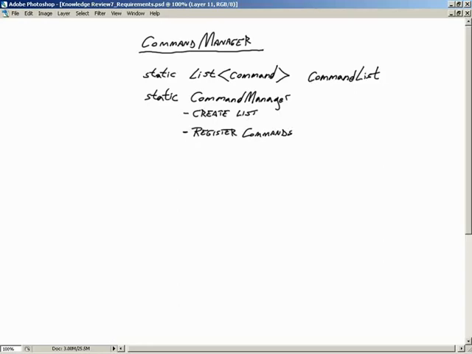So what does this register commands look like? It's really simple, actually. Basically, all we're going to do is take the command list and add to the list, so .add, a new, and then whichever type of command it is you're registering. So let's just say that we take the command clear,